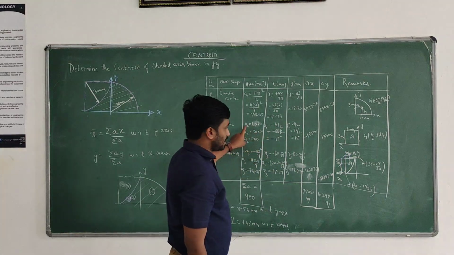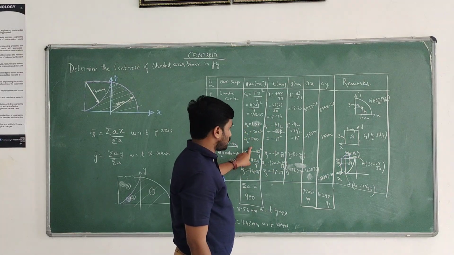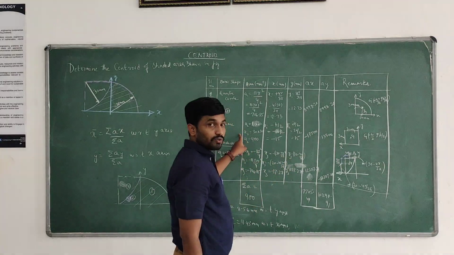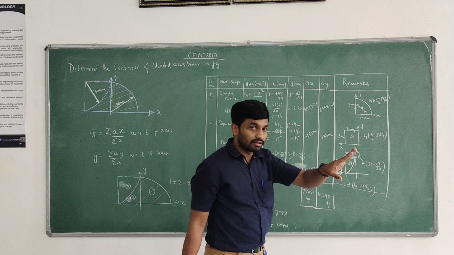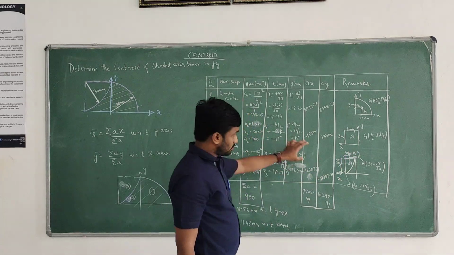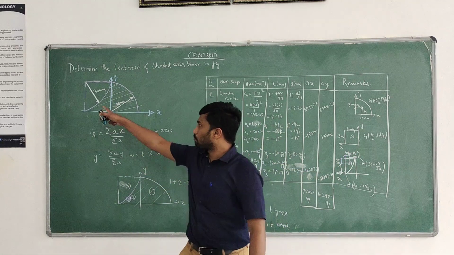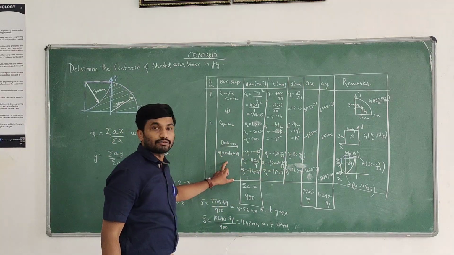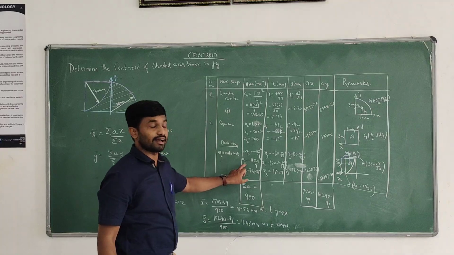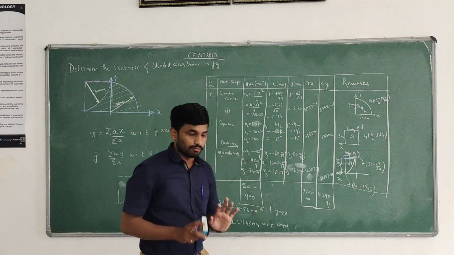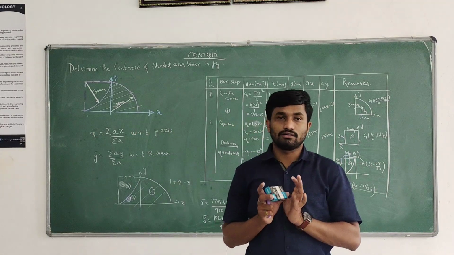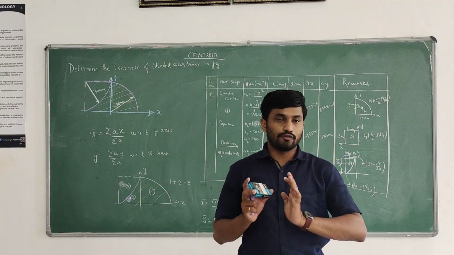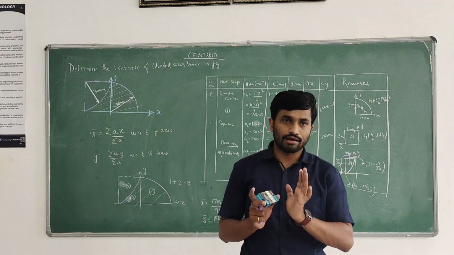So compute the area. Here we are not removing the area, that's why the area is positive. Here also we are not removing the area, that's why positive. But in the third case we are removing that particular part. Why? This is not shaded area. That's why it comes in the deduction part. We are removing the area, that's why I have considered the area as a negative sign. The only thing you have to keep in mind while solving these kinds of problems is, if it is not shaded area, you are removing the area, so it is negative.